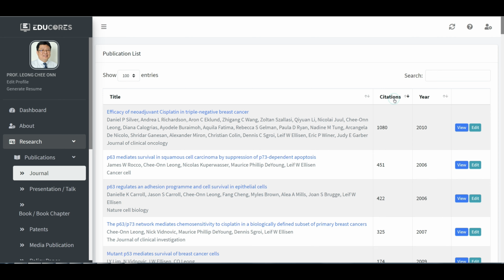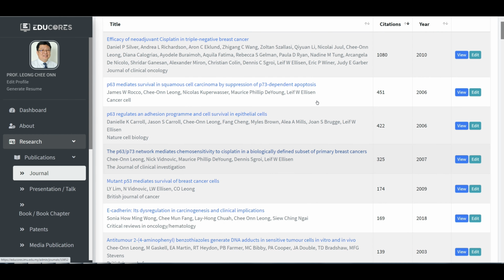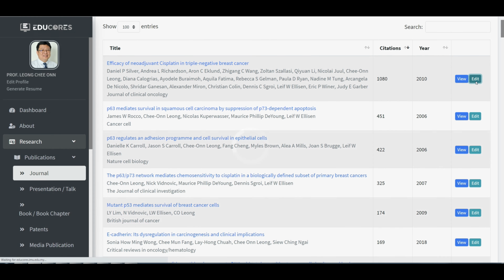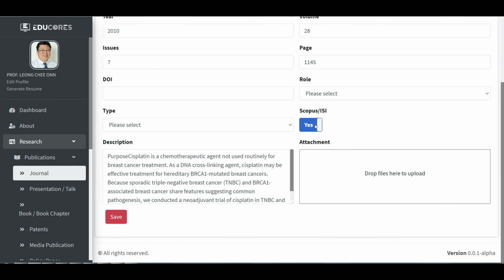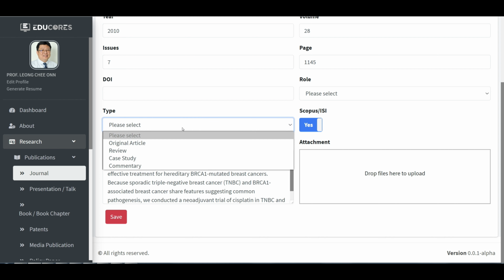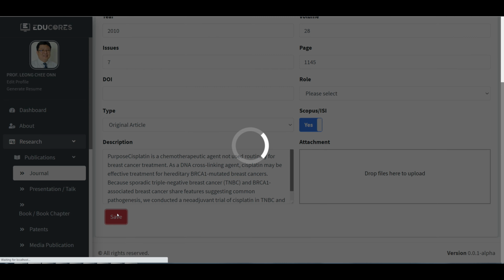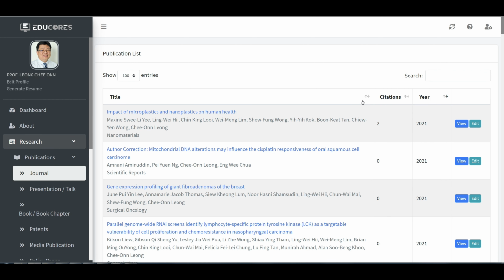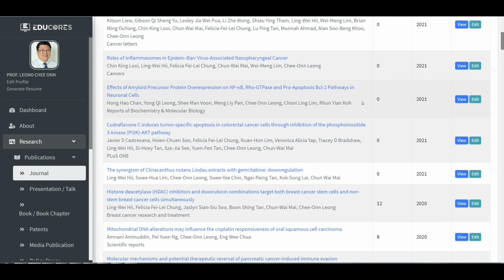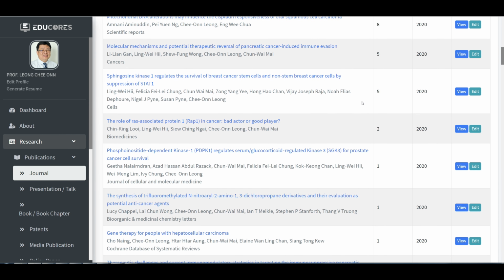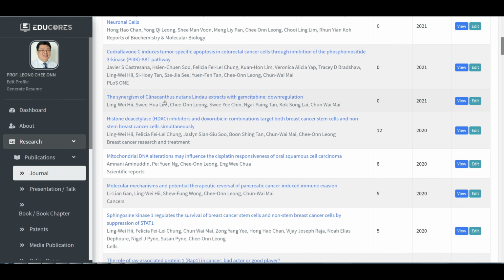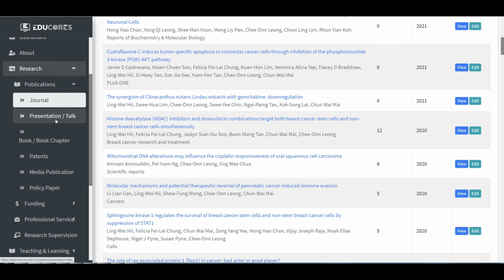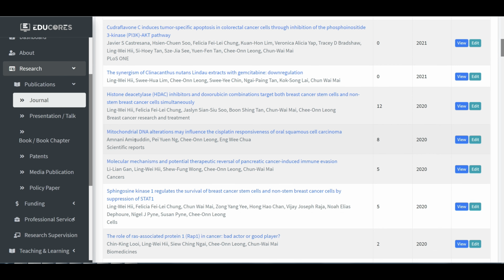Once the synchronization is complete, you can see your publication list on the display pane. To edit the individual entry, simply press the Edit button and you will be allowed to edit the information to fine-tune the accuracy. Note, you will not be able to add any publication which is not listed in Google Scholar. This is to ensure that all data entries are verifiable. If you find that your publication is not in the list, or publication not belongs to you was included, simply update your publication list in Google Scholar and resynchronize again. EDUCAUSE will update the list based on your Google Scholar data.